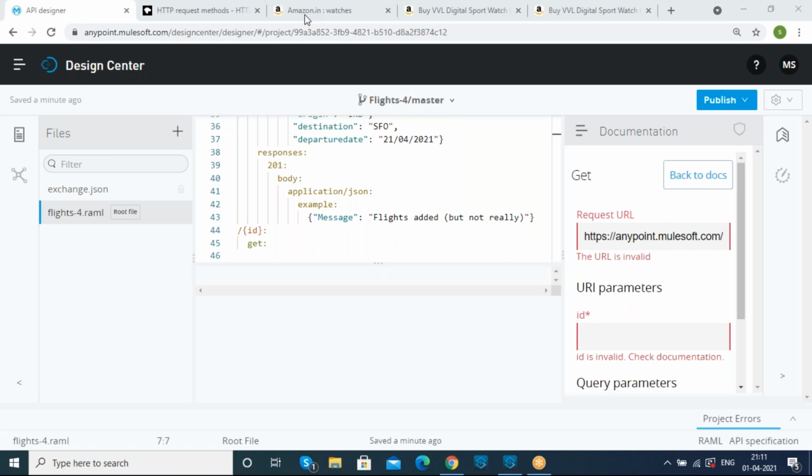What happened, Mahesh? Just put the GET method only. Can I define the request and response? Yes, you can design it.